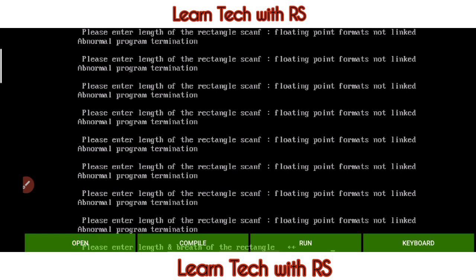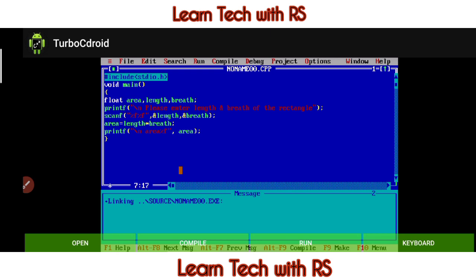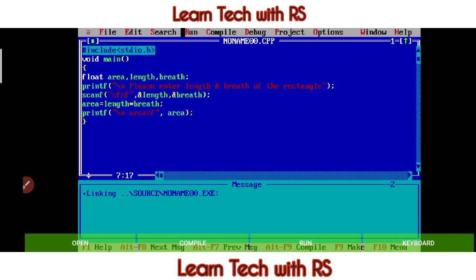Okay, so here is the problem. What is the issue we are having? Area. We are having the scanf.